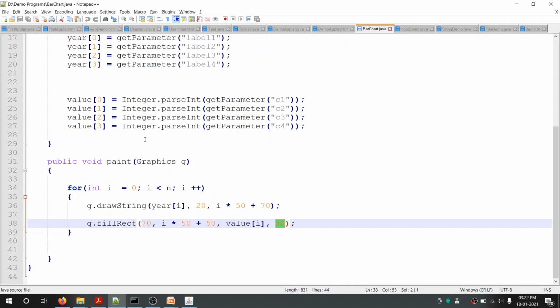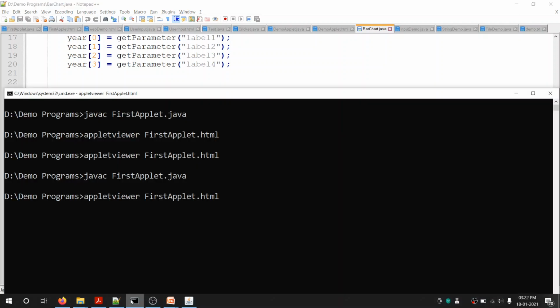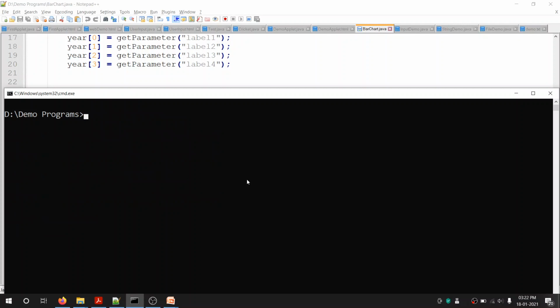At the end, when we execute this, you can see the output of this program. Okay, so I'll compile this file again.